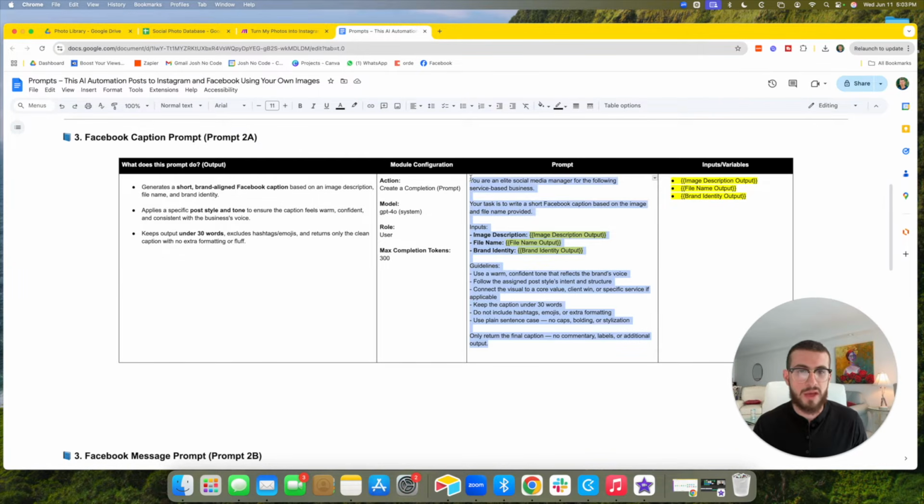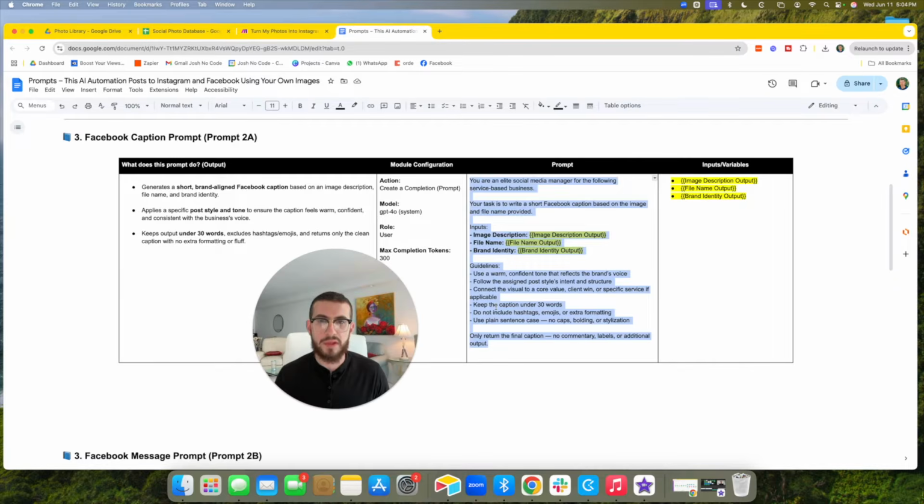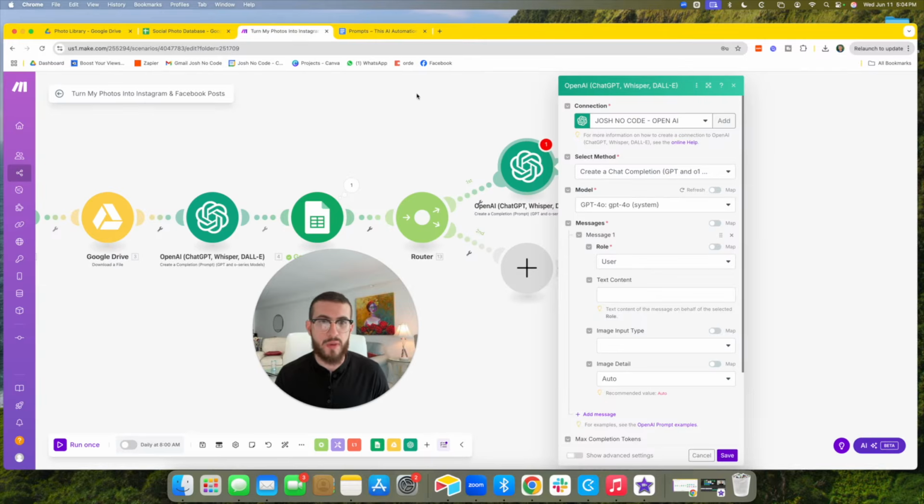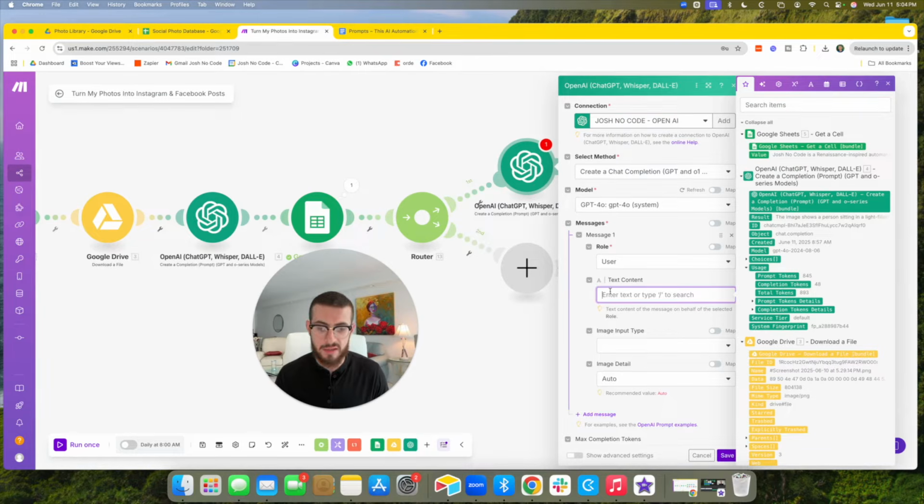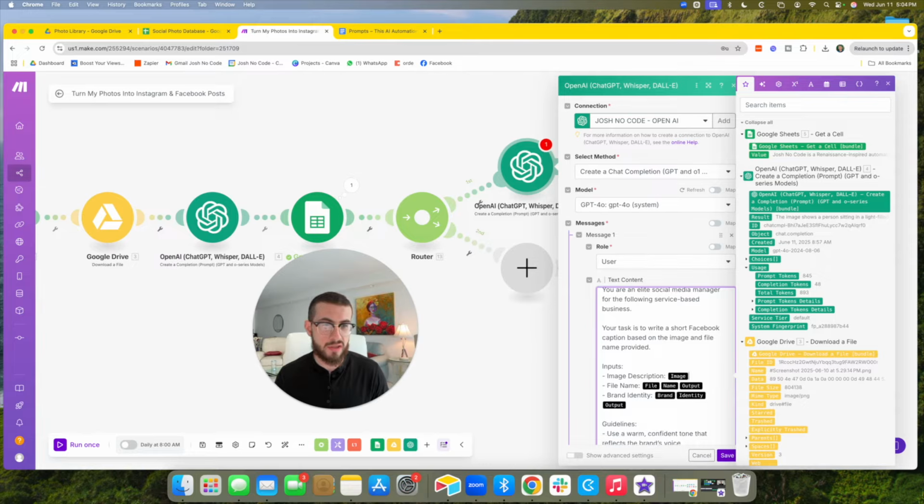Here is the prompt, and you could see that it's taking in 3 dynamic inputs. It's going to take in the image description, the file name, and the brand identity. So we're going to copy this and then go back into text content and paste it. We could just delete this stuff in black, add in some quotation marks, and then add the result of module number 4, which was the image